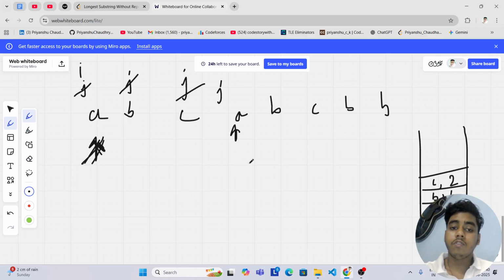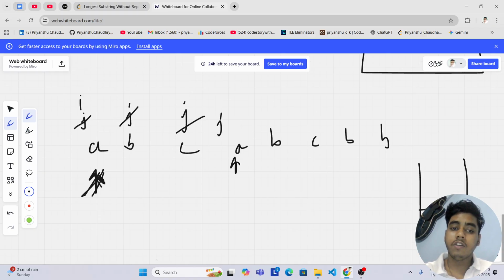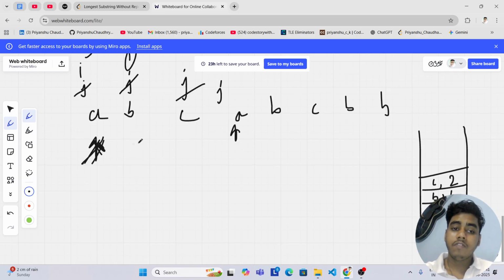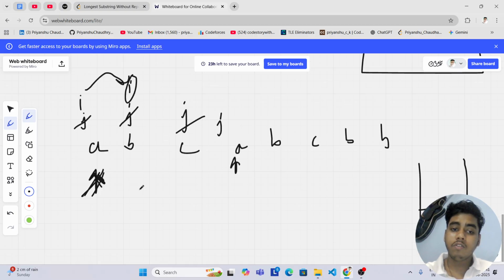So what do we do? We used to shrink the window I, but in this case, if we shrink the window, I will come here. So instead of moving this I one by one, now we have the indexes. We can directly jump I. So how can we jump I? We can just say jump I to the